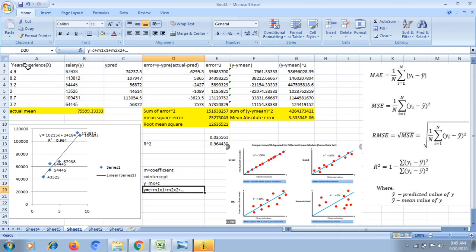I am treating years of experience as x2 and x1 is my age. For multiple regression, we have multiple independent variables, and the dependent variable is only one. To represent multiple linear regression: y equal to c plus m1 x1 plus m2 x2. If there is a third independent variable, m3 x3. Likewise, we can use multiple independent variables in the multiple regression algorithm.